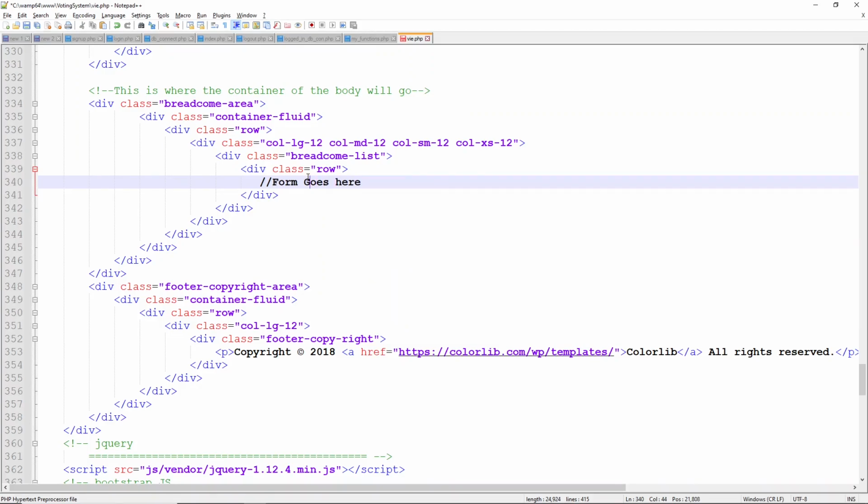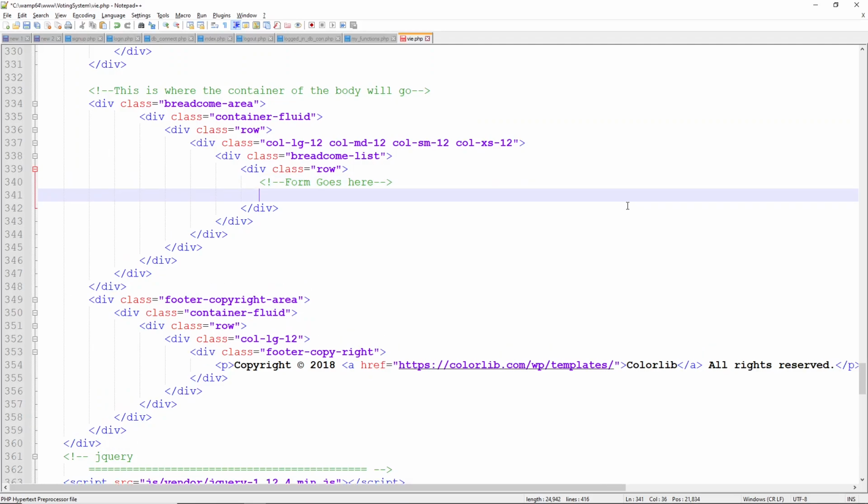Okay, so in HTML, the comment is supposed to be done like this. Then you end it with dash dash and greater than sign, like that. Okay, so the form is going to go there. Now for the form again, we don't want to begin from scratch. We want to pick up the form